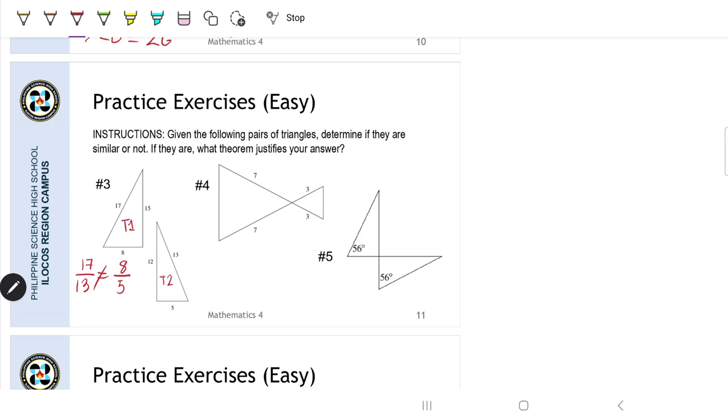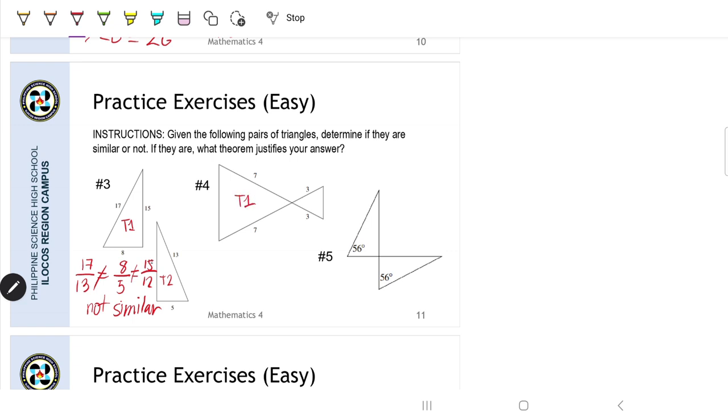Okay? So if you want to check also for the second longest side, then we can also say that 15 over 12 is also not equal to the other two proportions. So therefore, not similar. For number 4,